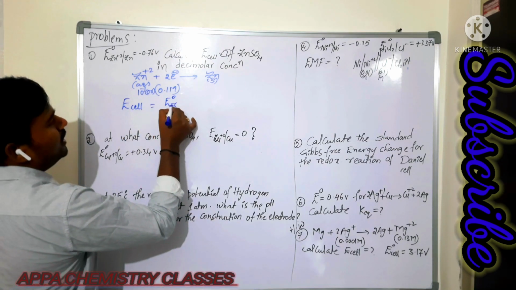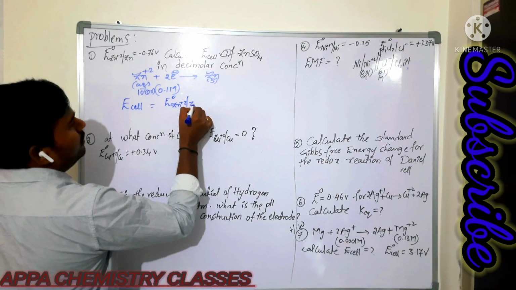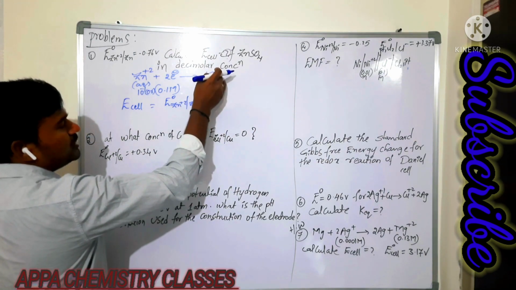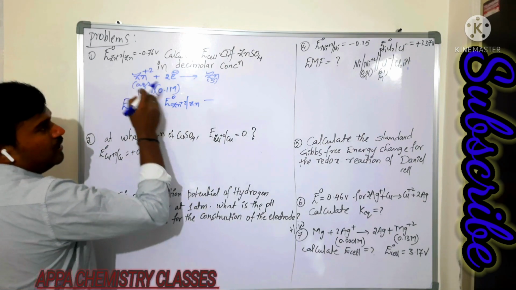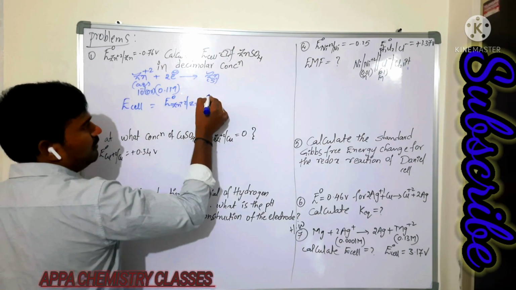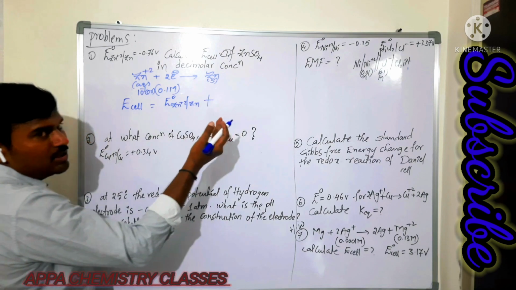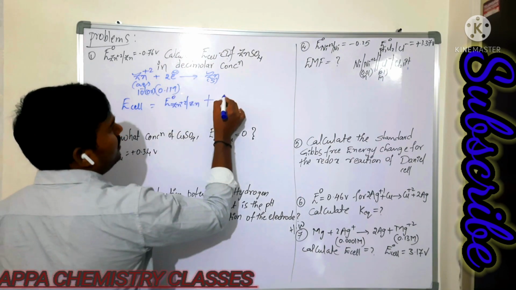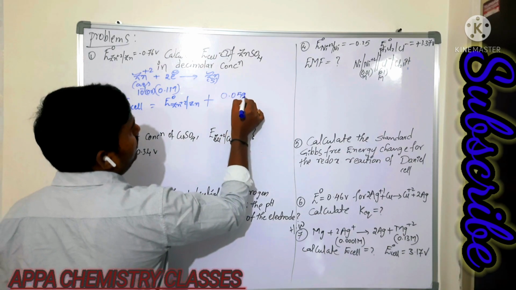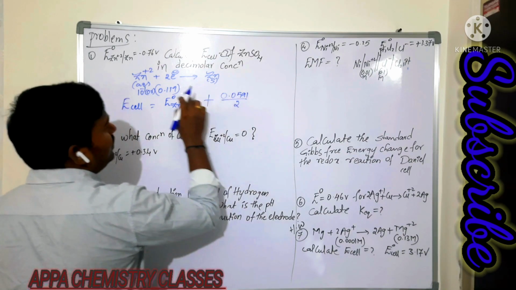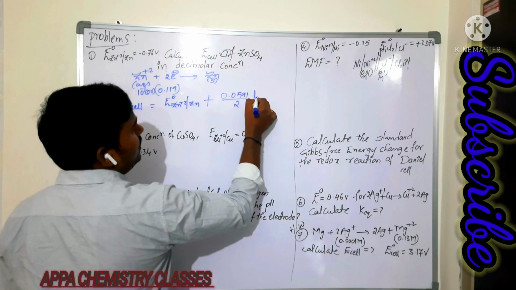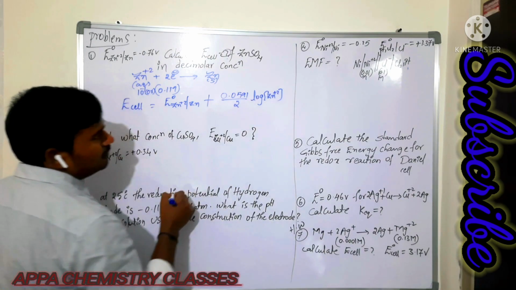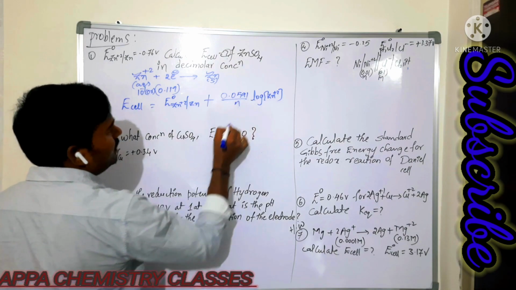E naught of Zn plus 2 to Zn, minus of log of concentration of zinc by zinc ion. That zinc ion will go up again, as we just now had seen for metal electrode, for reduction potential half cell, 0.0591 by 2. Here 2 electrons are exchanging, log of concentration of zinc ion. Okay? So just write the n here.